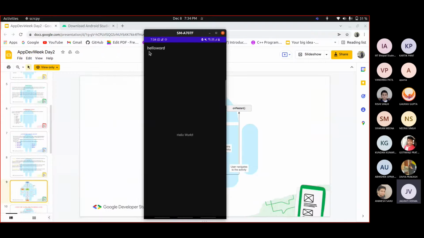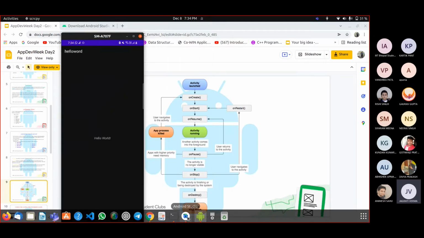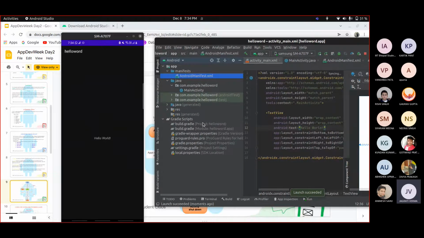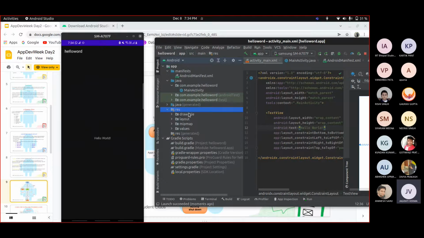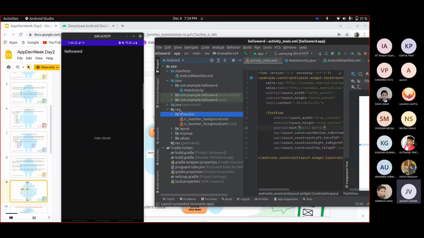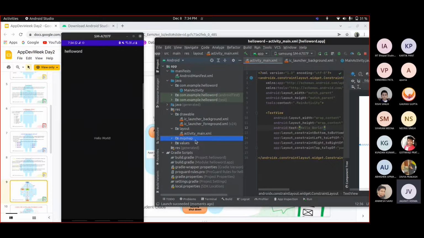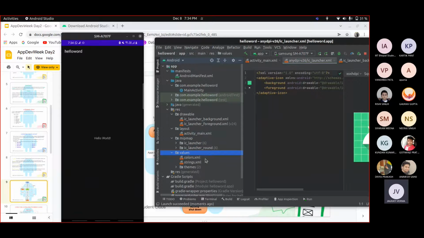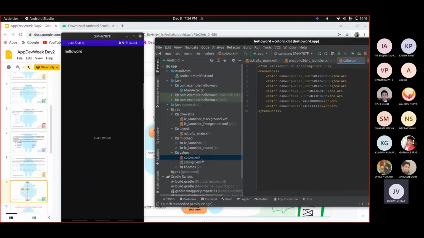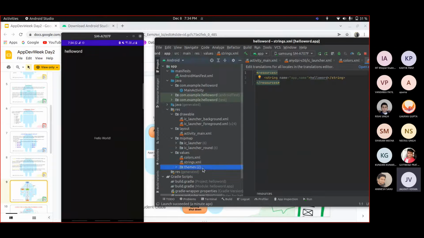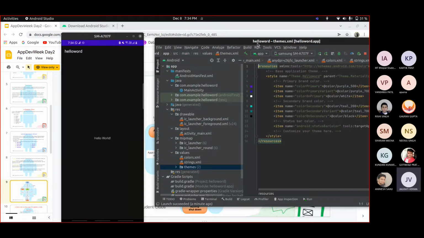So here you can see that we have Hello World in our title bar, and we have a Hello World text view. It's similar to the UI that we have here, and as you can see, we have a dark theme here. In the resources folder, we have our icon, layout, our IC launchers, and we also have values. In the values we have colors that we want to have in our themes, we have strings, and some more. So here are the themes.